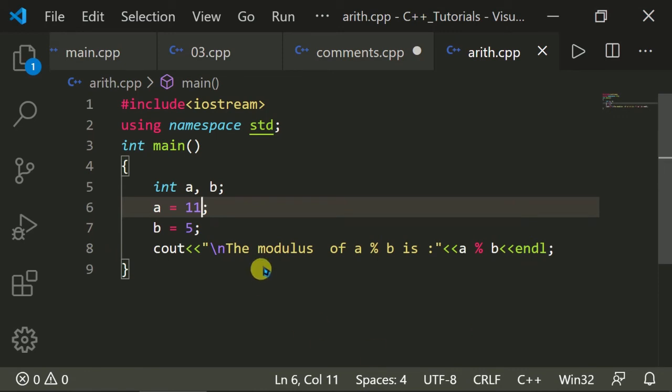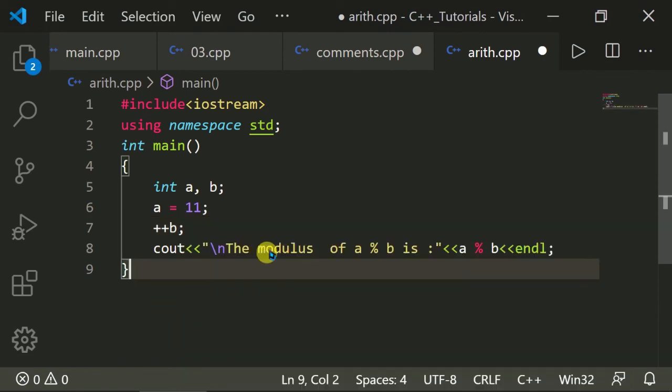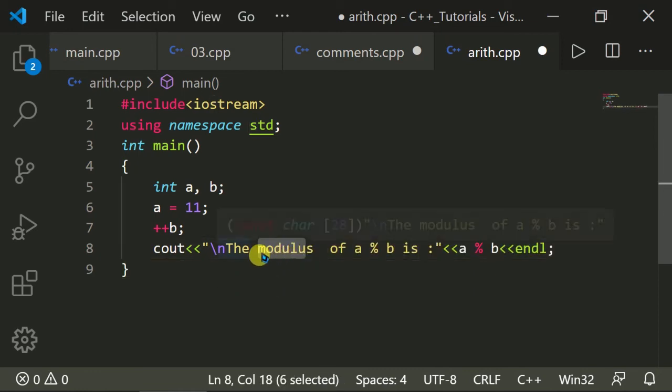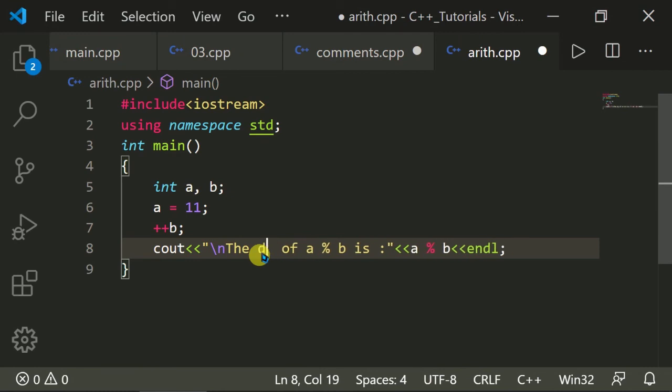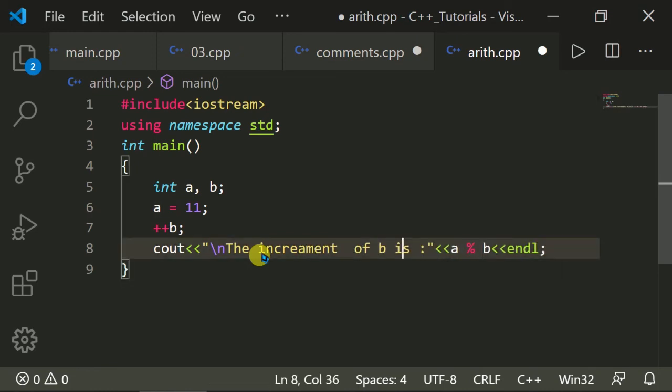So now let's discuss the increment. First make it plus plus b. Here we will print only b. The increment of b is only b.